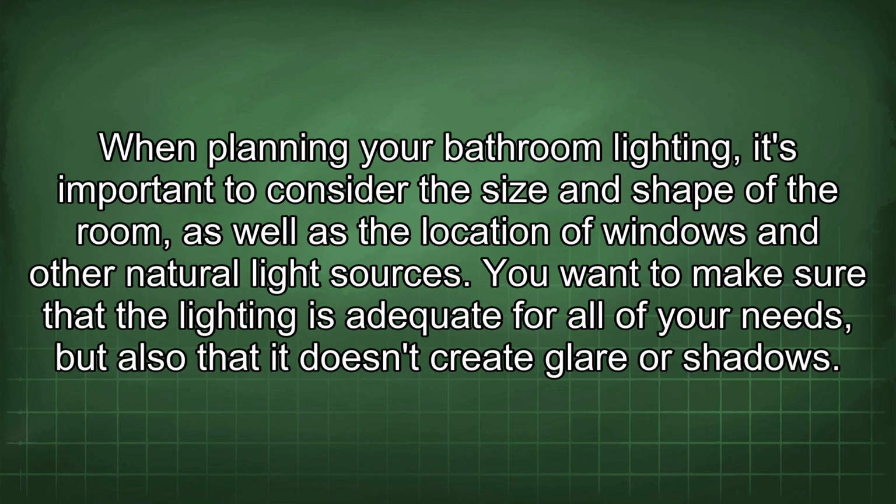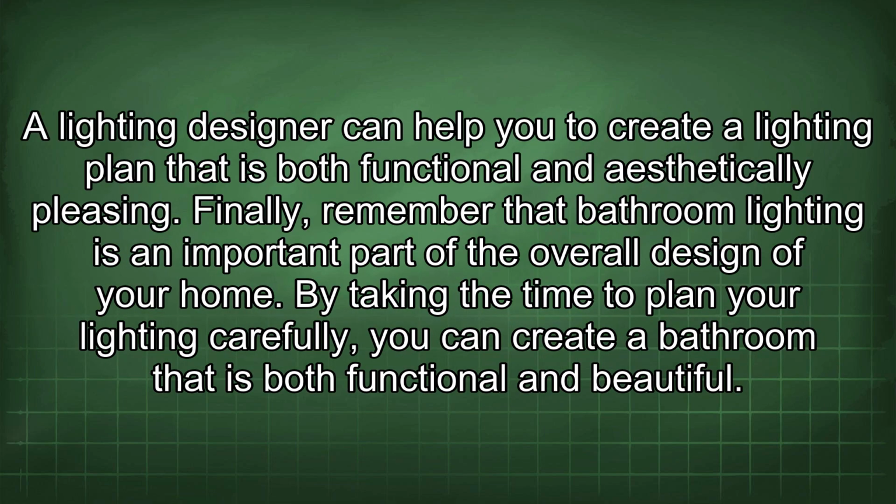When planning your bathroom lighting, it's important to consider the size and shape of the room, as well as the location of windows and other natural light sources. You want to make sure that the lighting is adequate for all of your needs, but also that it doesn't create glare or shadows. A lighting designer can help you to create a lighting plan that is both functional and